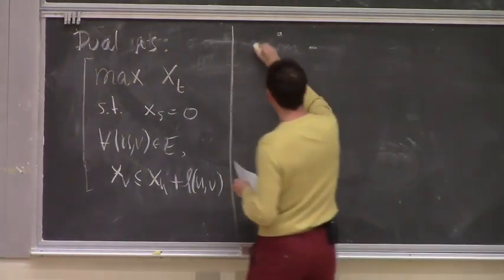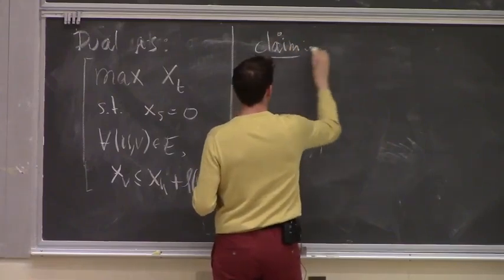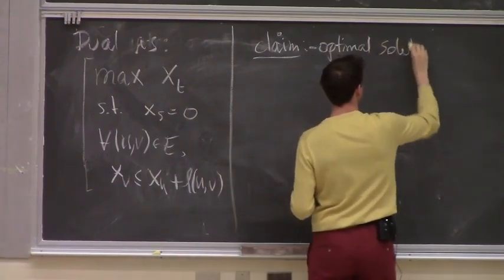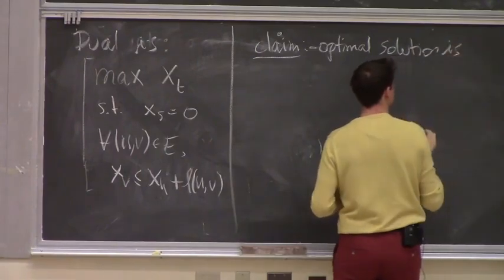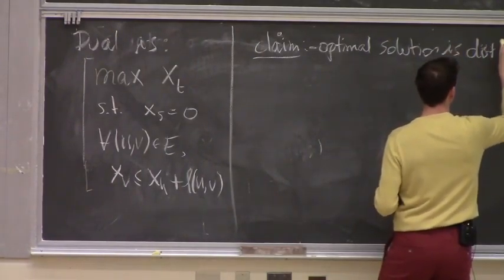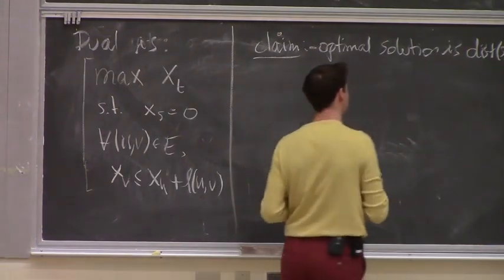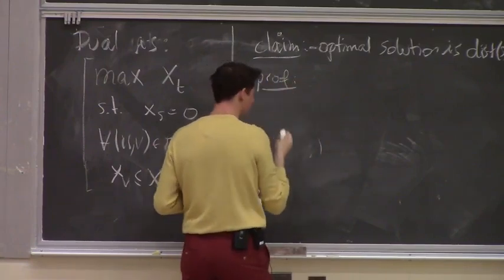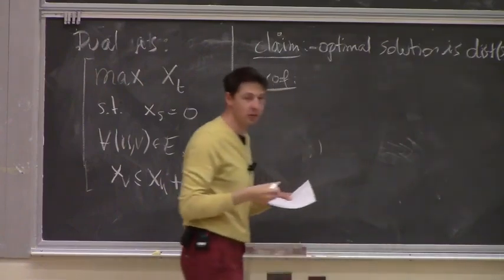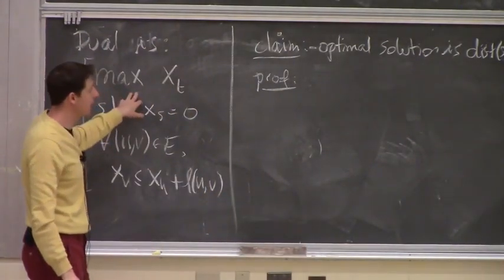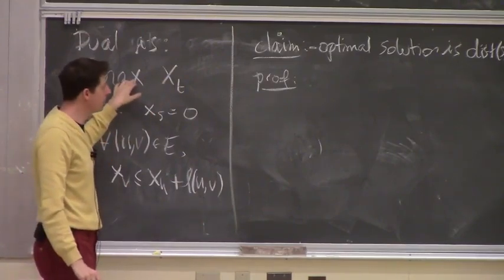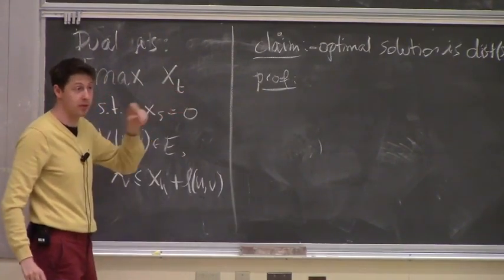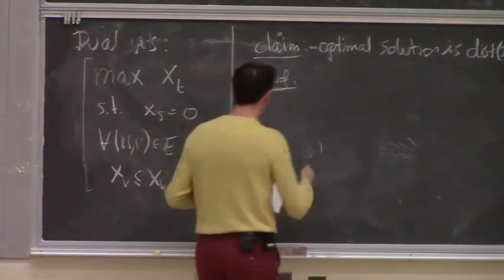So now there's a claim that the optimal solution is the distance between S and T. Okay? So, proof. If we want to prove that, we have two things to do. We have to prove that the optimum is at least the distance between S and T, and separately it is no more than the distance between S and T. That's one way to prove that it's equal to the distance S and T. Okay? So let's first prove that